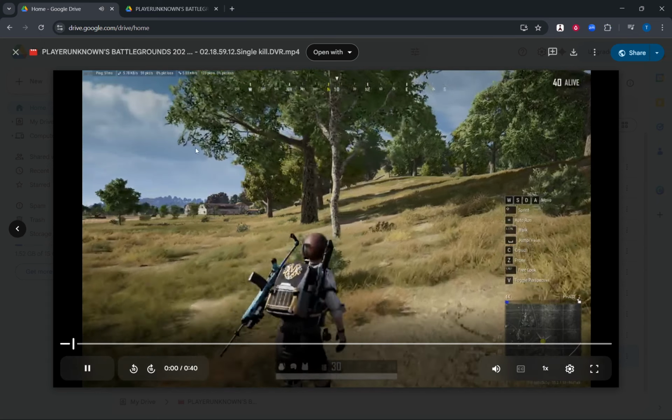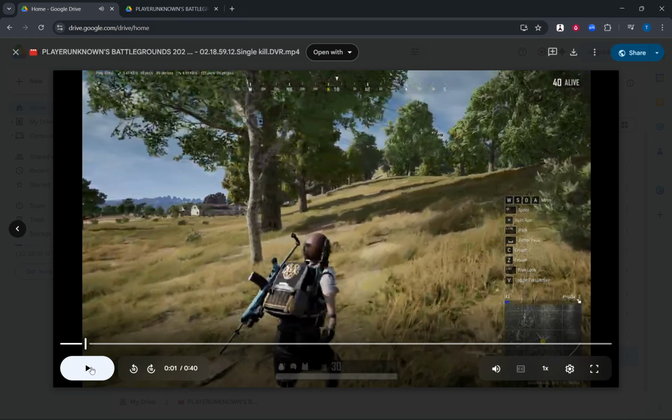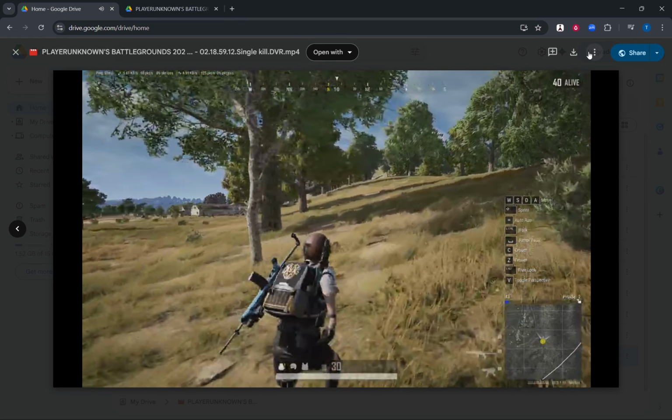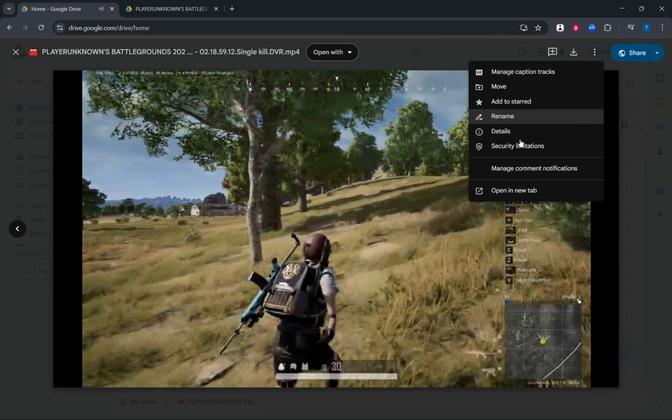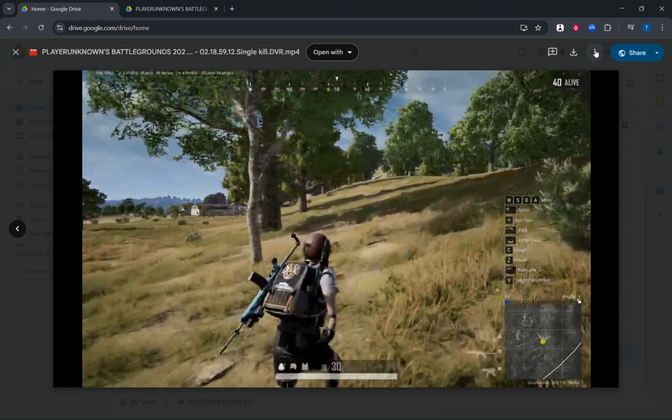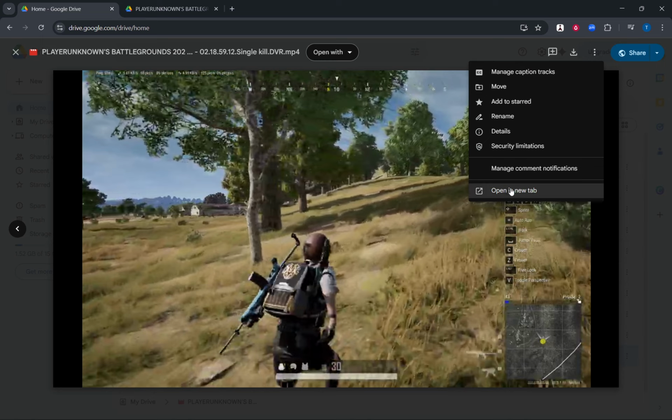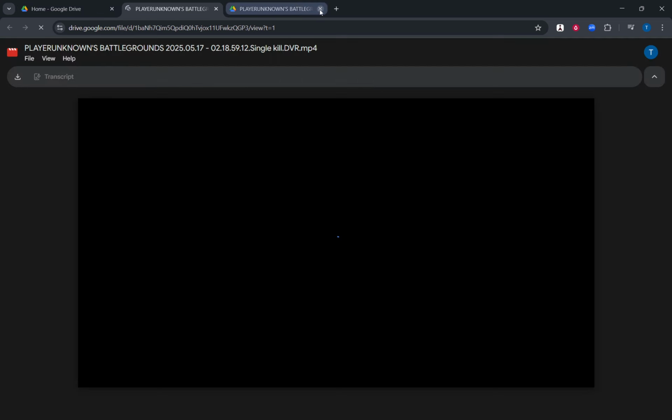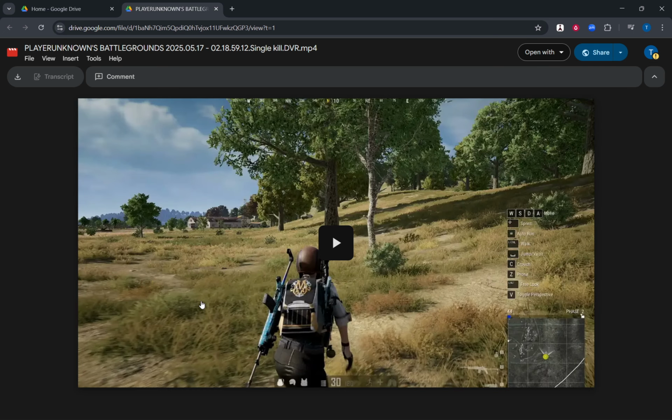Moving on, let's open the video in a separate window. Simply double-click on your Google Drive video to bring up the preview screen. Here, you'll want to find the pop-out icon, which lets you open the video in a new window. This icon usually sits in the top right corner. Can't seem to find it? No worries. Just click on the three dots indicating More Actions and select Open in New Window from the drop-down